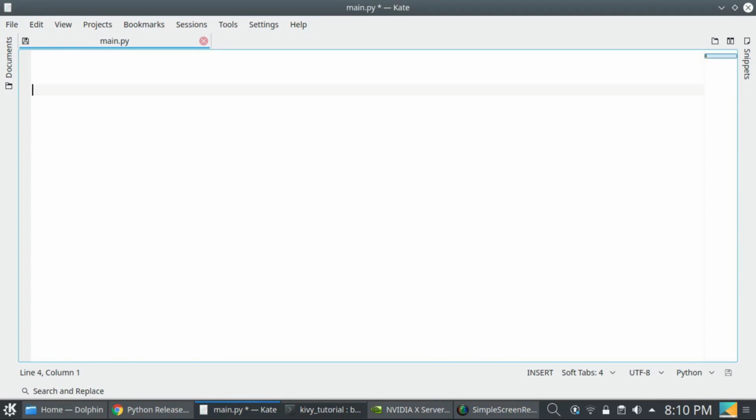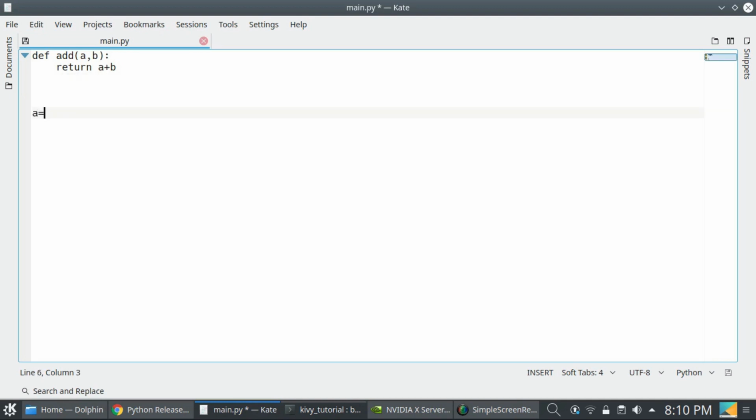Now function definition. To define a function, you have to use the def keyword and the function name. My function name is add, and the function variables are a comma b, and it is returning a plus b.